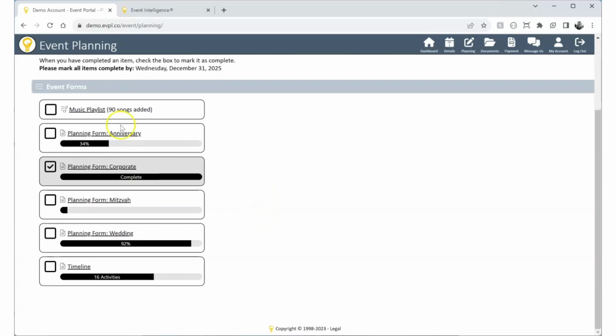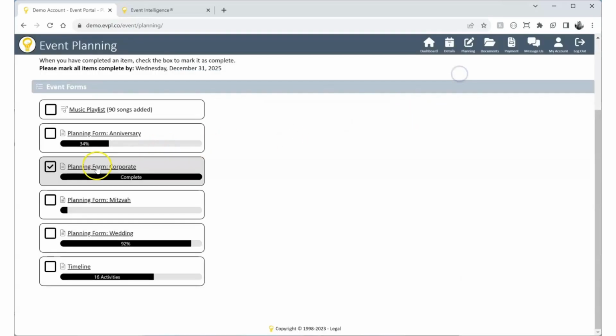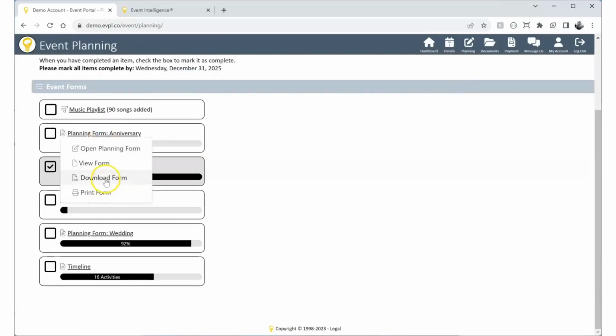This works similarly for all the other items in the list. For example, our planning form. We can open it for editing, we can view it on the screen, we can download it to PDF, or we can print it. The percentage bar is simply an indication of how many questions they've filled out so far